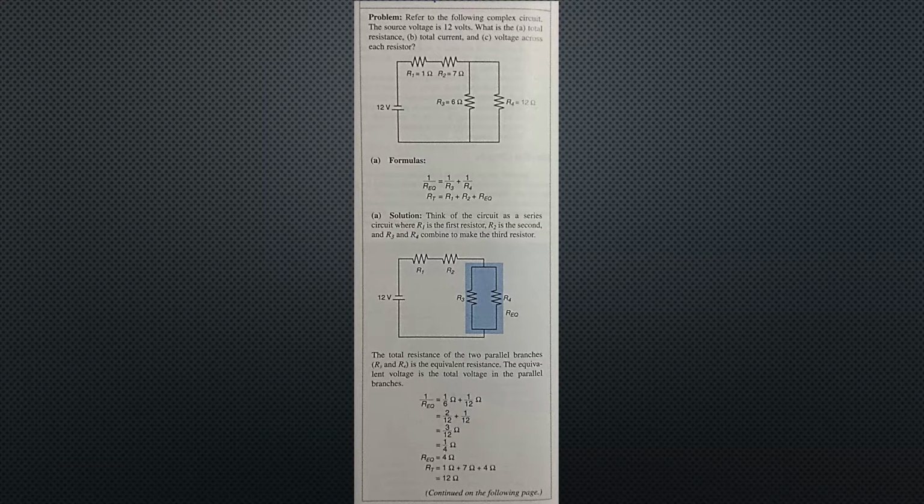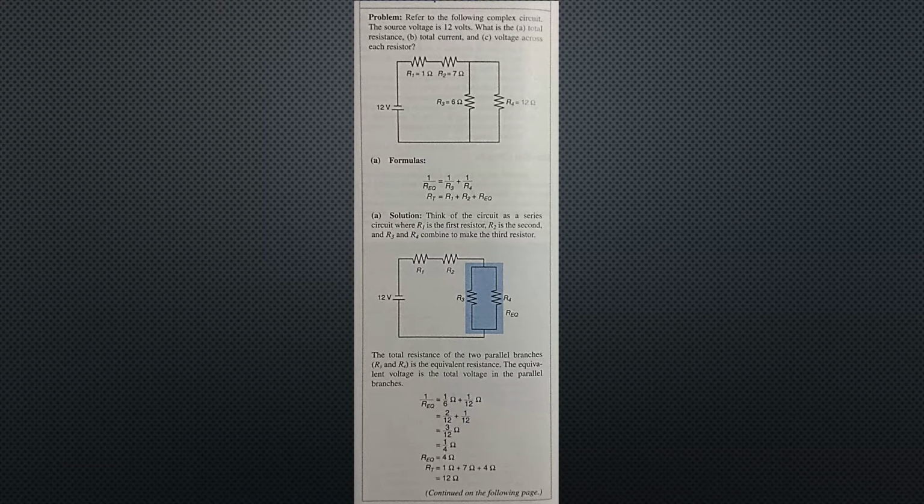The solution: think of the circuit as a series circuit where R1 is the first resistor, R2 is the second, and R3 and R4 combine to make the third resistor. You can see this in the middle of the screen, shaded by blue. The total resistance of the two parallel branches, R3 and R4, is the equivalent resistance. The equivalent voltage is the total voltage in the parallel branches,